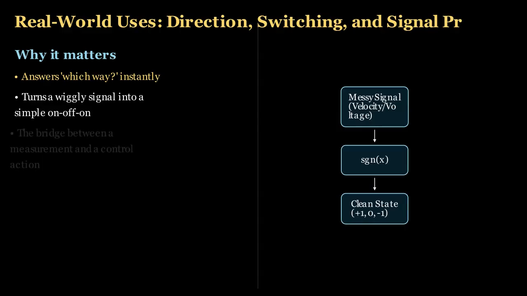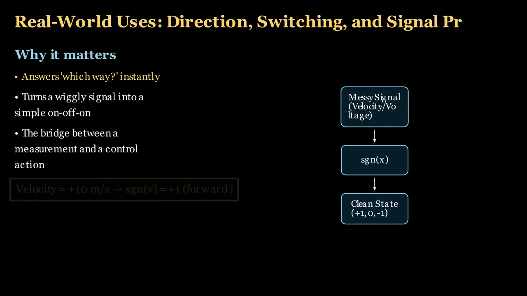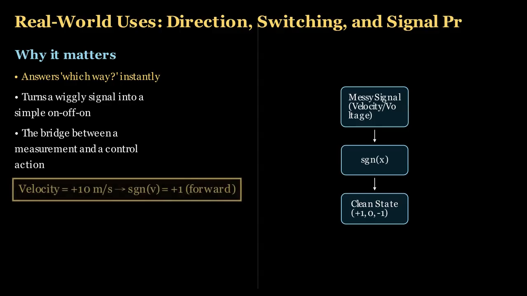Or think of a car. A computer logs its velocity. Positive means moving forward, negative means reversing. The signum function is the perfect tool to instantly read that velocity data and decide, is the car going forward